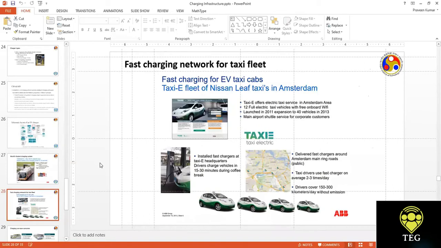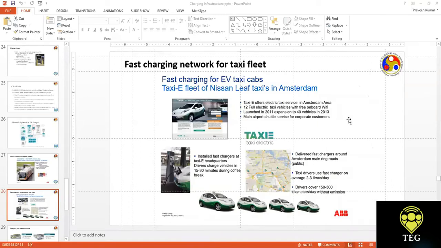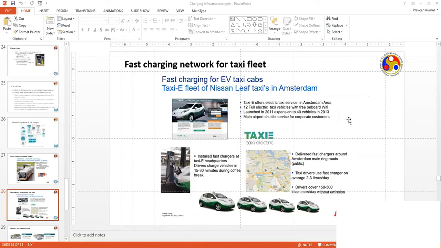Moreover, actually, Nissan has come up with a fleet of Leaf taxis. So Nissan Leaf is a very famous EV brand worldwide, and they have set up a fleet of vehicles in Amsterdam city, and there they have their own chargers, and this charger actually demonstrates the capability of fleet coordination with the grid, and to ensure that every vehicle has a minimum wait time before it can be charged, and once the vehicle is charged, then it can actually go up to 100 kilometers, and the charging is done within 15 to 30 minutes.